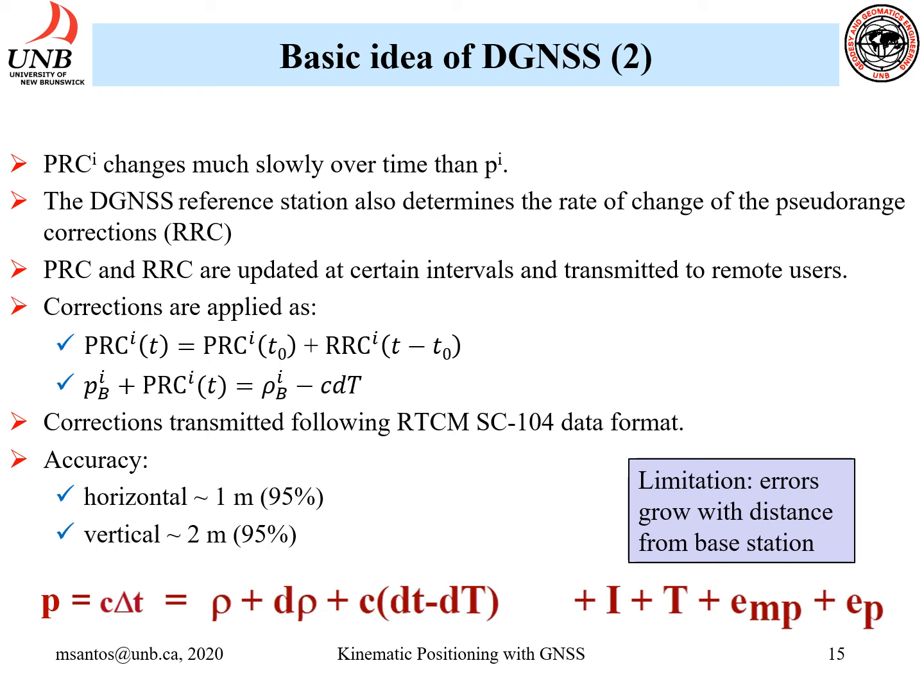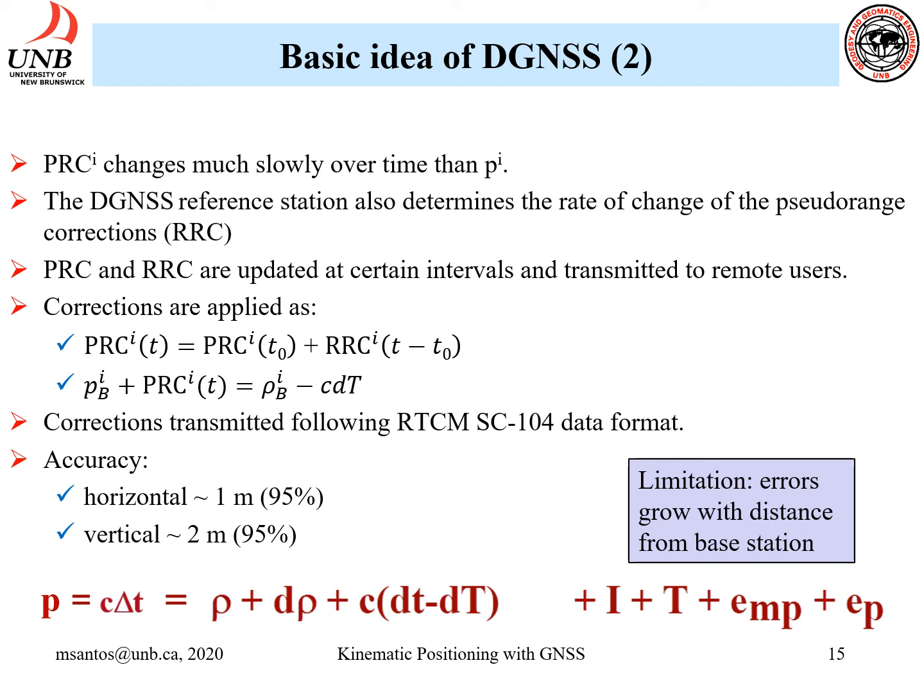So these PRC corrections will then be added to the pseudorange at that particular epoch, and the mathematical equation can be simplified, just dealing with the unknown parameters at the receiver B, which are the coordinates of the receiver and the receiver clock offset. These corrections are transmitted following the RTCM SC104 data format, and the accuracy that we have,